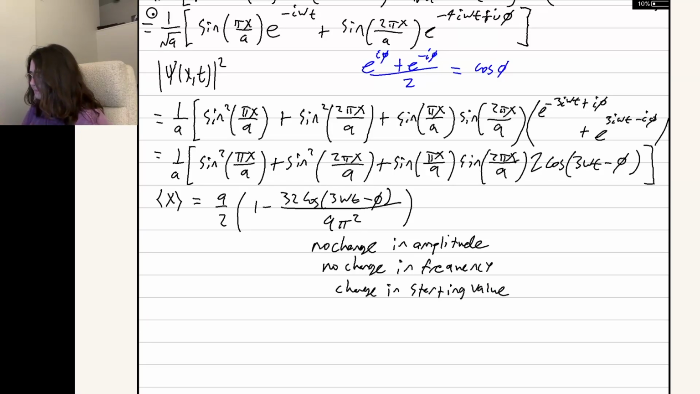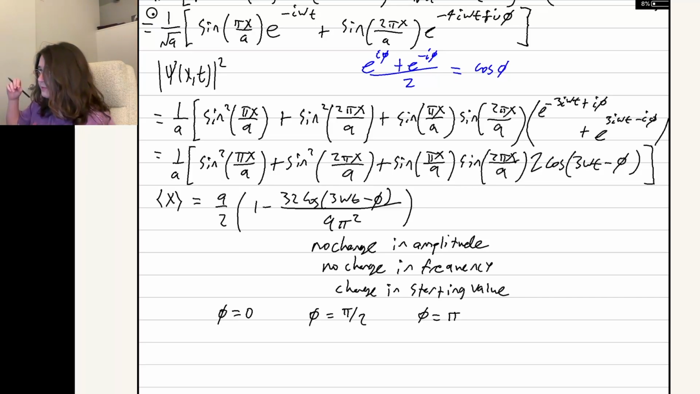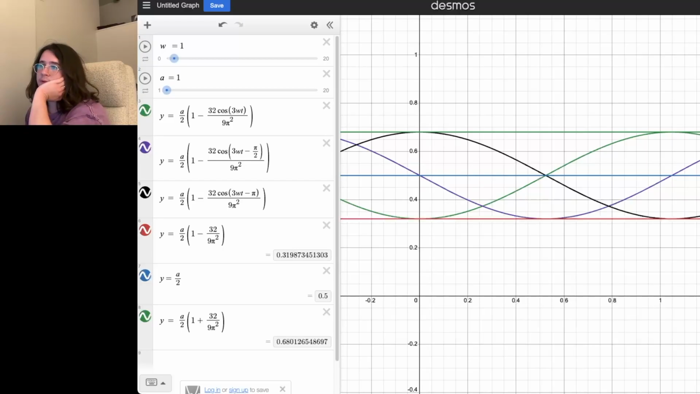So depending on if you set phi to 0, which is going to be identical to what we had our result for the first time, or phi equals pi over 2, or phi equals pi, you will have different starting values for the wave, for the expectation value of x, but the wave will be overall the same. And let me actually show you what I mean by that. Okay,